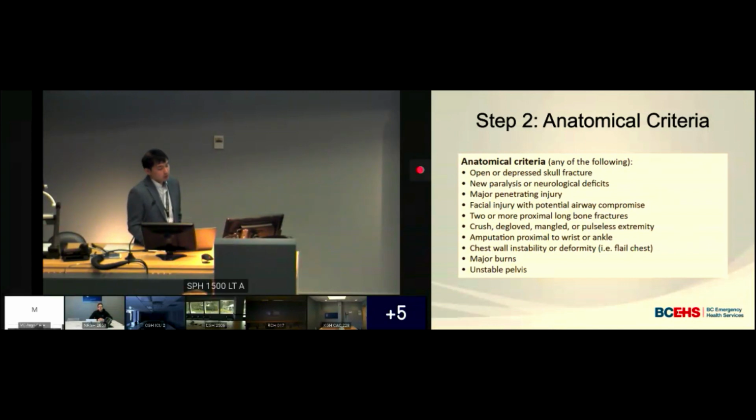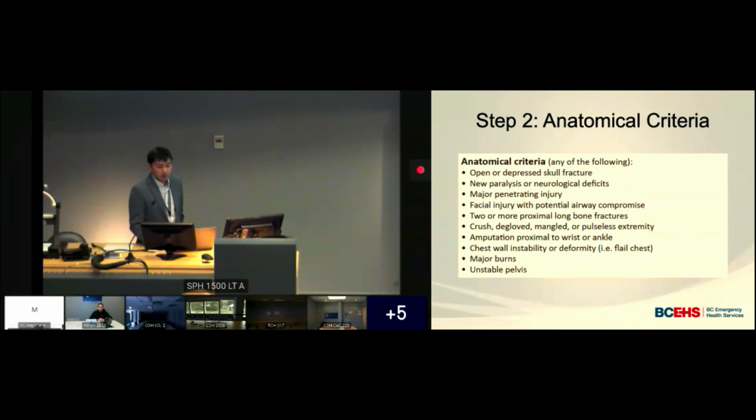So patients who meet step 2 anatomical criteria should also be transported directly to a lead trauma hospital. Some of the anatomical criteria are any of the following: a suspected or identified open or depressed skull fracture, new paralysis or neurological deficits, a major penetrating injury, which is described as any penetrating injury to the head, to the neck, to the torso, extremities proximal to the elbow or knee, facial injury with potential airway compromise, 2 or more long bone or proximal long bone fractures, crushed, degloved, mangled, or pulseless extremity, amputation proximal to the wrist or ankle,